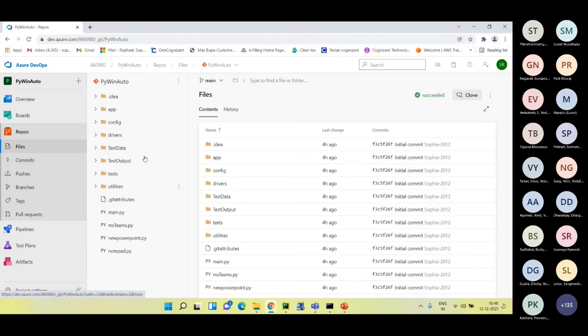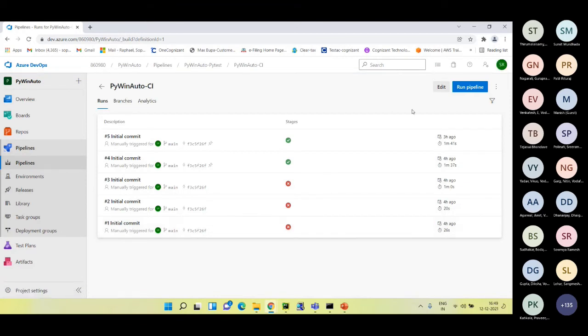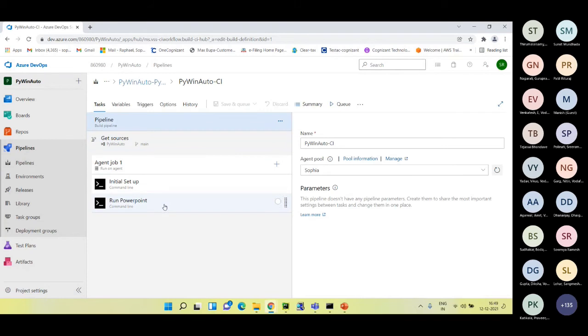This is the sample framework, and this is the pipeline. In the pipeline, this is one sample pipeline that I had created. Go to edit.